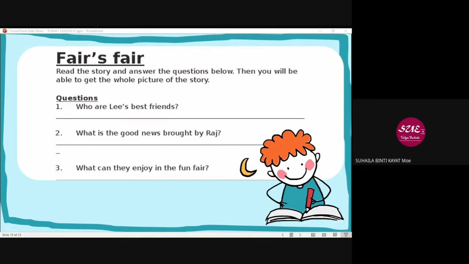Okay, jawapan tu awak dah buat tadi. So saya suruh awak buat siap-siap tadi. Okay, just transfer here. Patraleka, salah soalan ke awak?